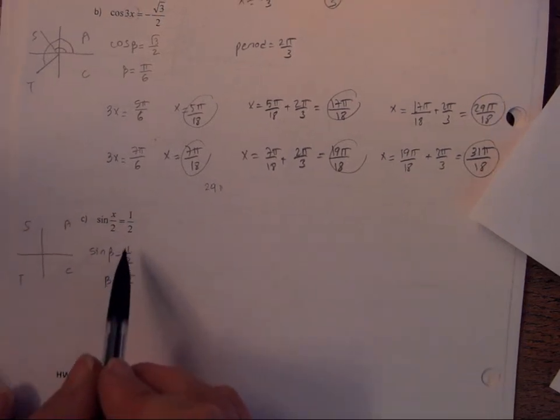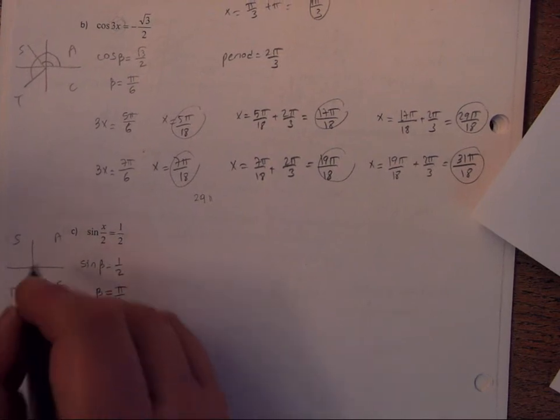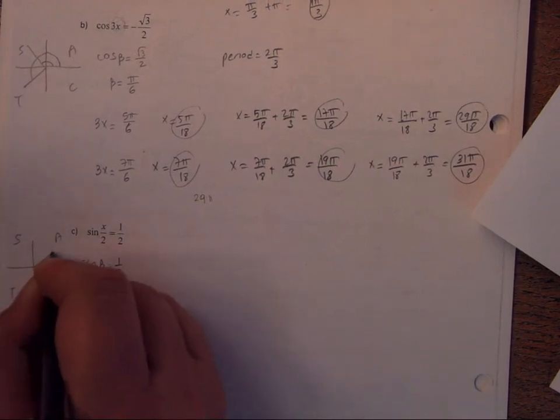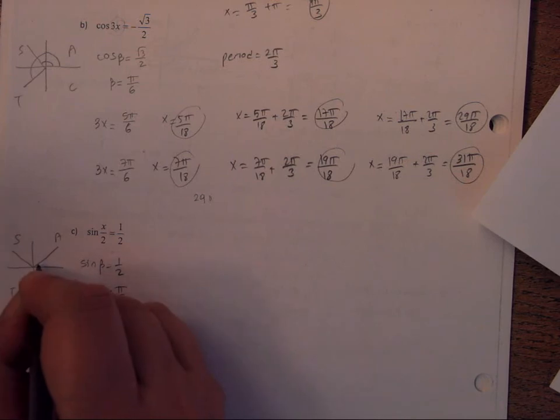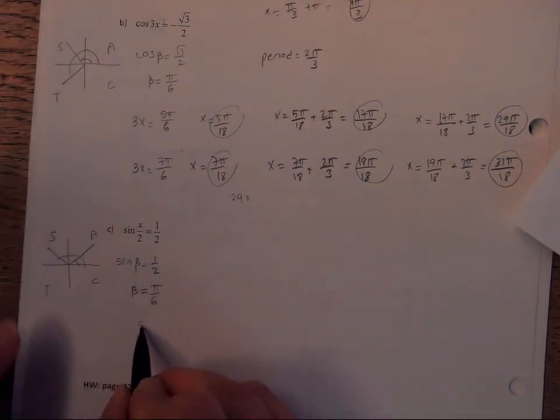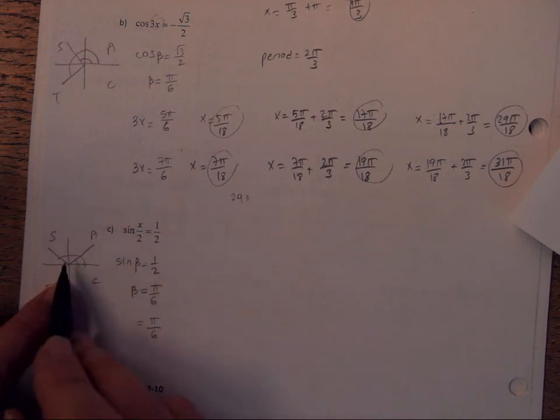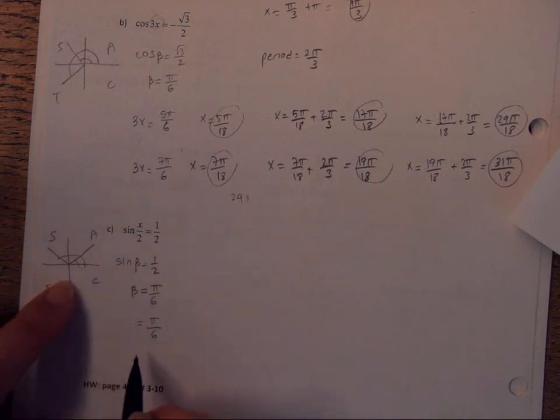Okay, so we are looking for where sine is positive. So sine is positive in quadrant 1 and quadrant 2. So then you have two angles. One of them is equal to beta, and the other one is equal to pi minus beta,